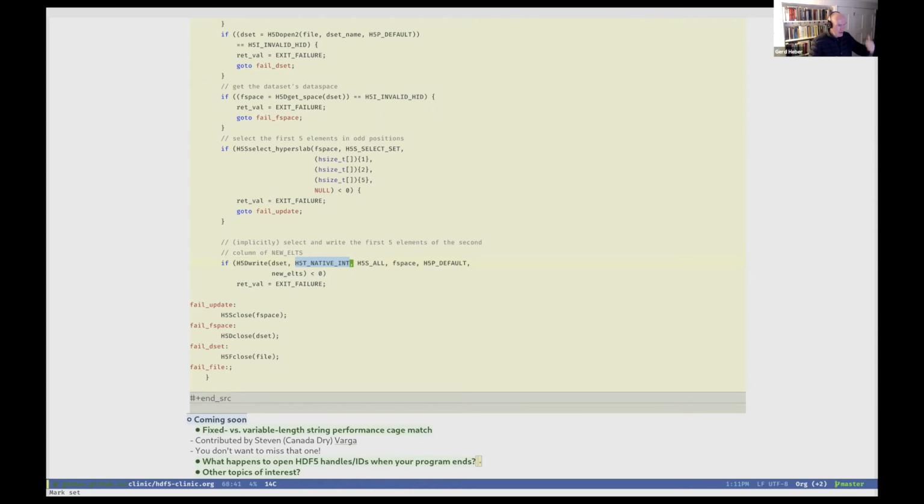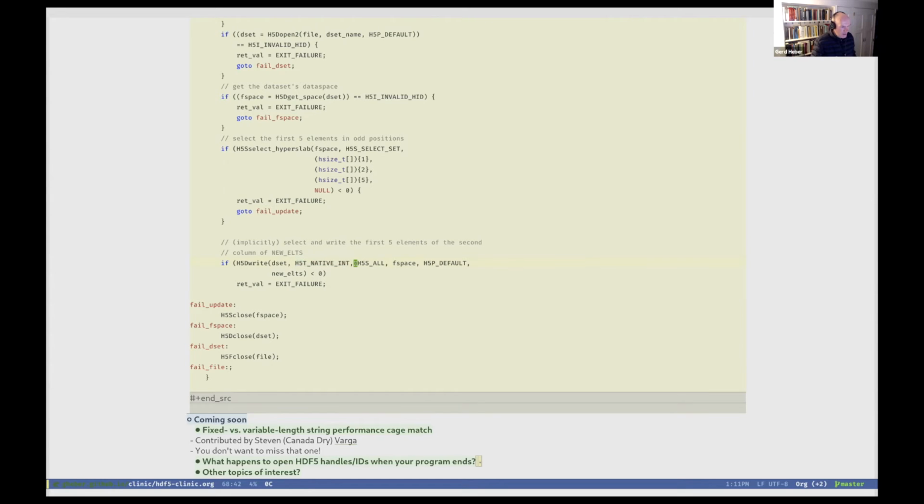When you're reading, the library knows the type of the dataset elements in the file, but then it has to read these elements, and there could be a data type conversion along the way. If your memory type is different from what's in the file, be it just because of endianness, or sometimes going from 32-bit integers to 64-bit integers, that's cool. That's the in-memory type.